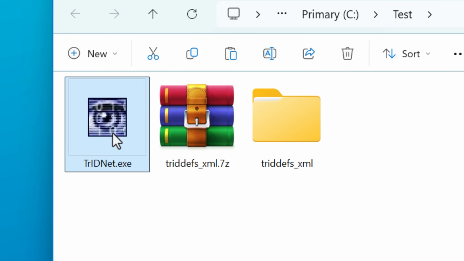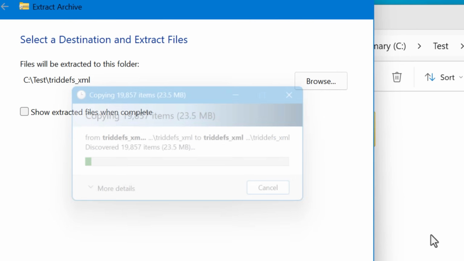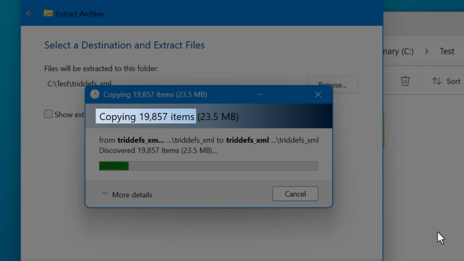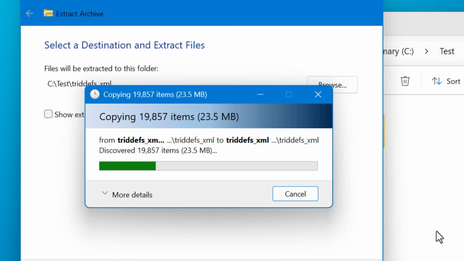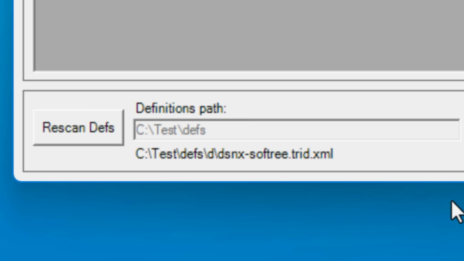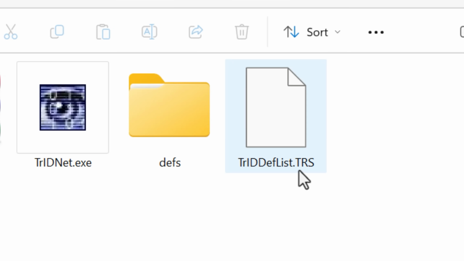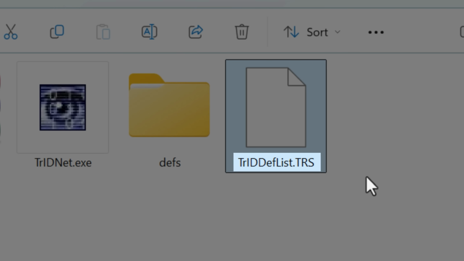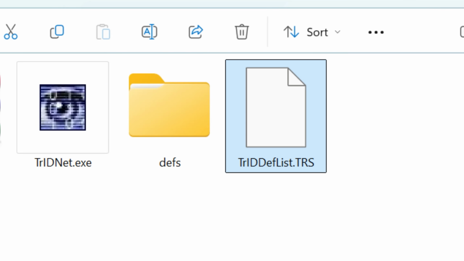Unfortunately, for the GUI version, you don't have that single file you can download. You have to download a 7-zip archive, which extracts out to thousands of files, which takes a while to extract. And then once you run the GUI, it'll actually look in there and convert it to one file, a TRS file. So I don't know why he doesn't just host the pre-made TRS file that you can download. It really makes it annoying to have to extract it out and stuff.